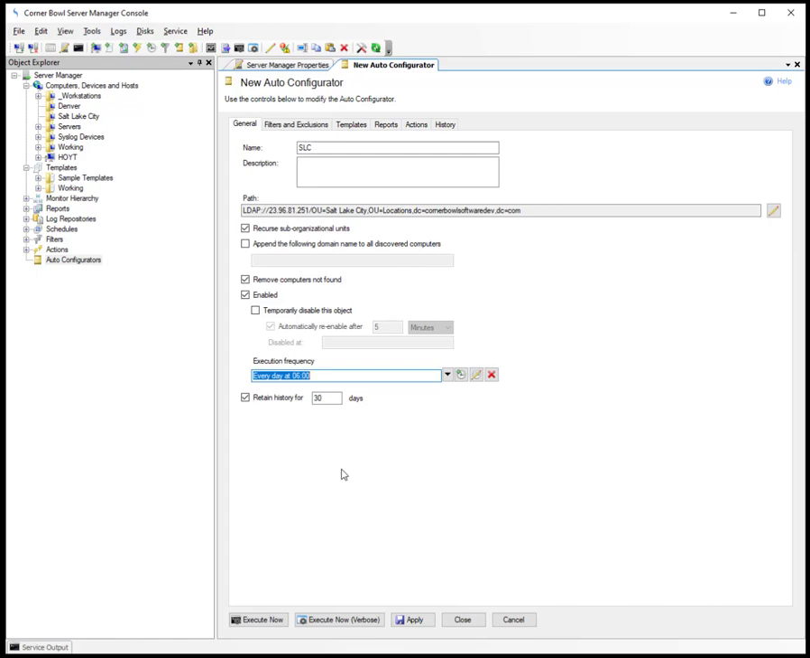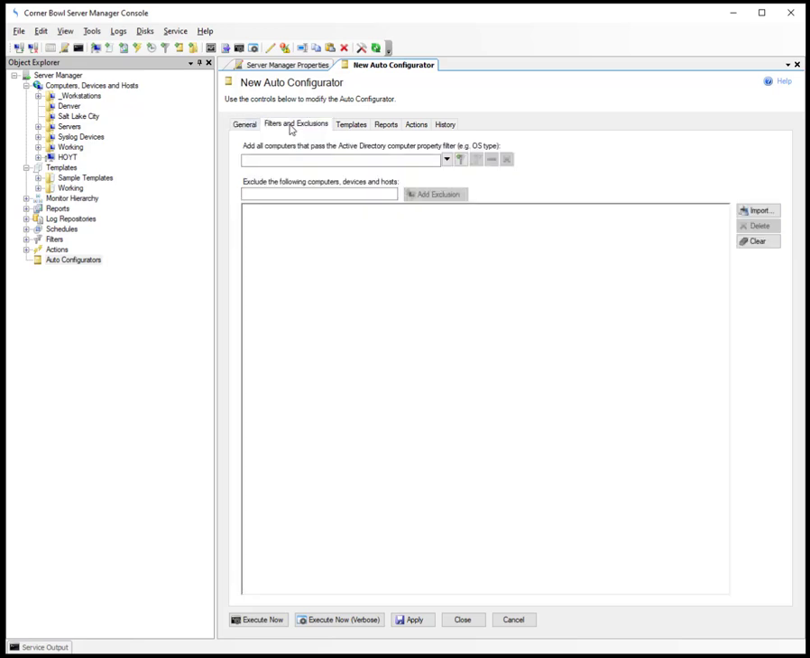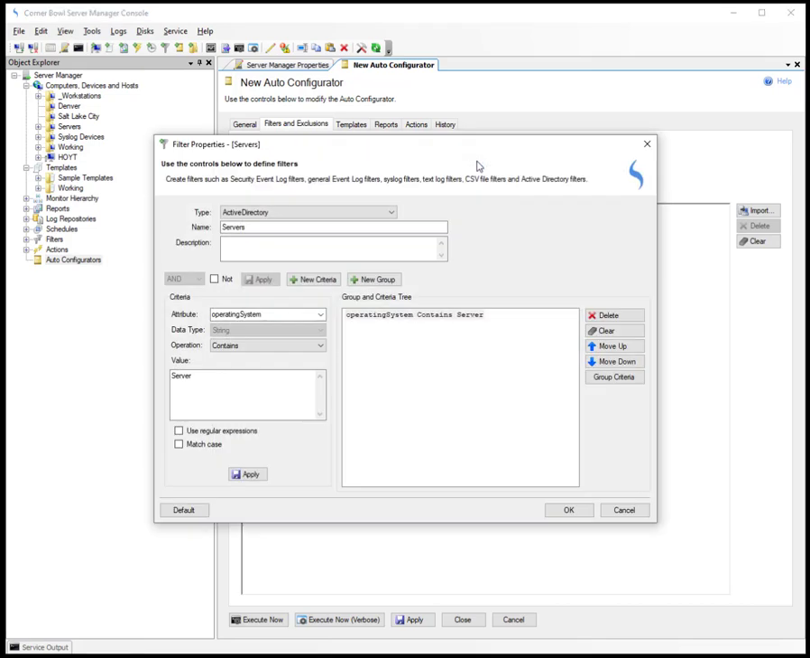Next, I'm going to select the Filters and Exclusions tab so I can show you how to create a filter to limit the result set of computers. I have two pre-installed filters, servers and workstations. If I select servers, then click the Properties button, we can see the filter detail. Notice the attribute column is pre-populated. However, if you want to filter on a custom computer attribute, you can click New Criteria,